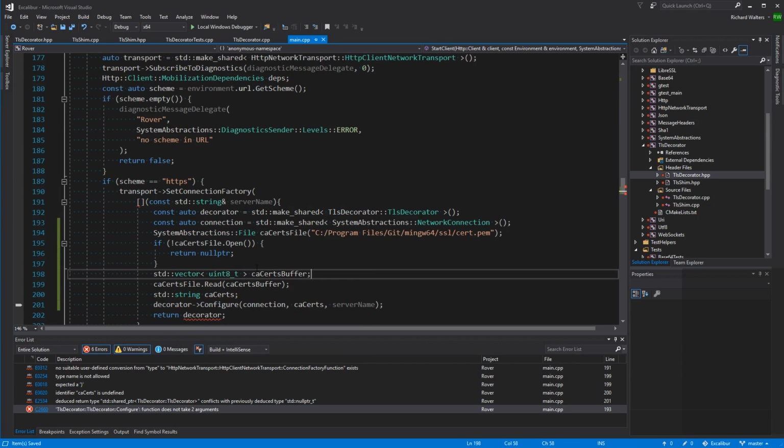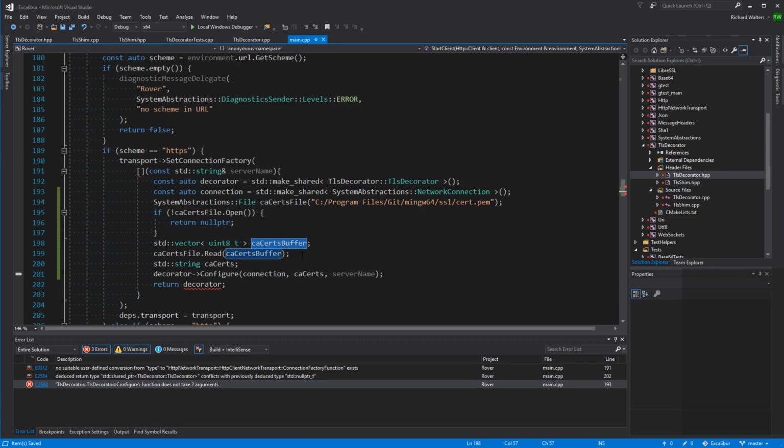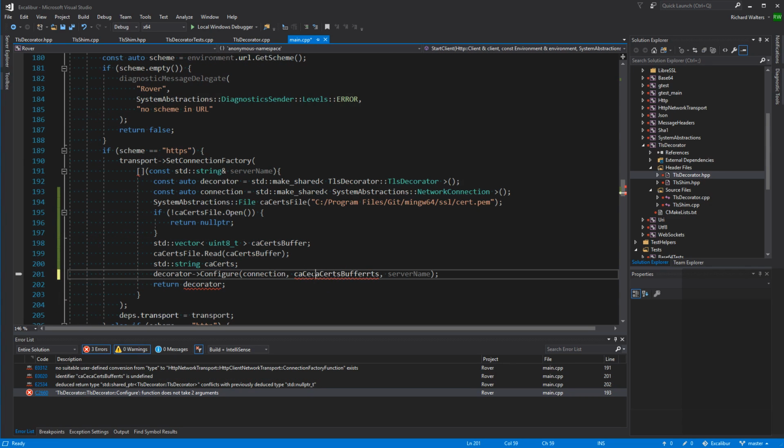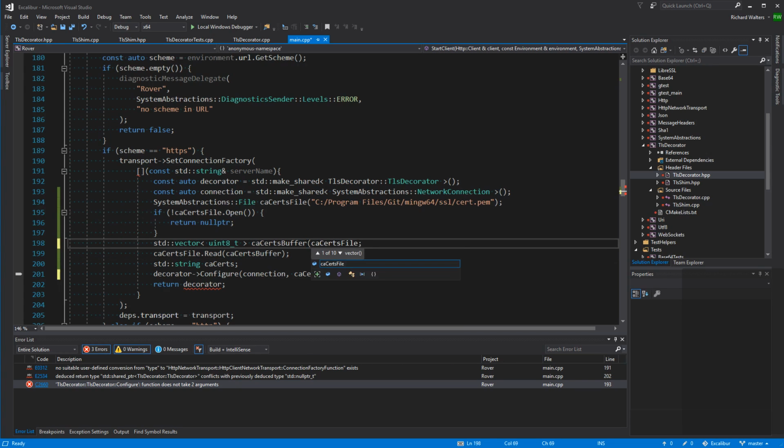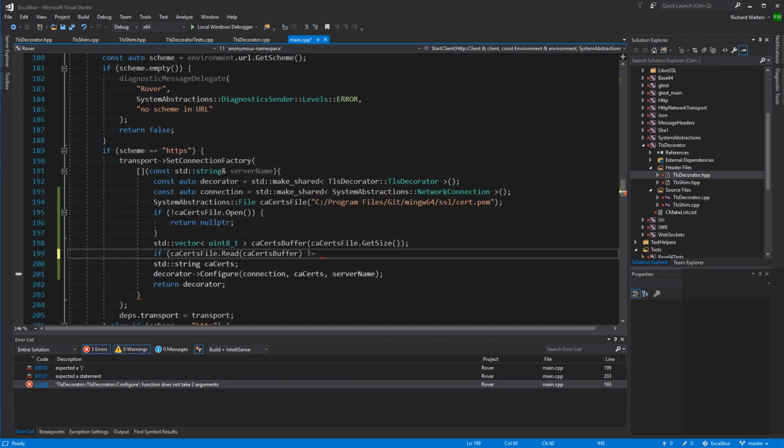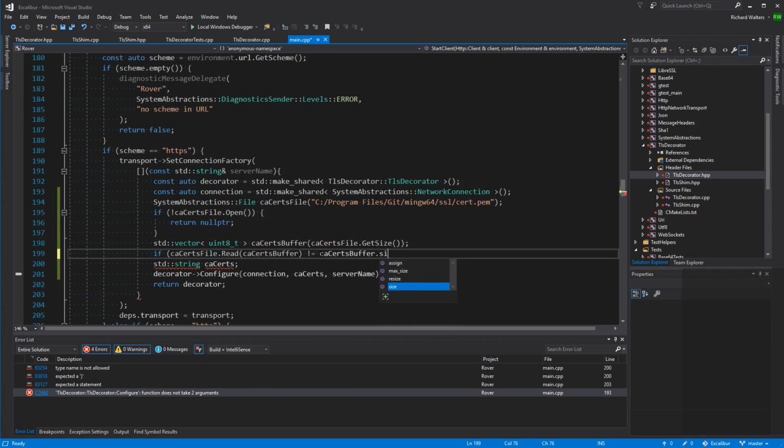This is where I was thinking ahead before. Maybe it'd be nice to be able to just do that, and then I won't need to convert it to a string. But then I'll have to, in my unit tests, do the opposite. So here, we need to make sure it's the size of the C certs file.size get size. Yeah. Then read it in. That can fail. So if this is not equal to this dot size,